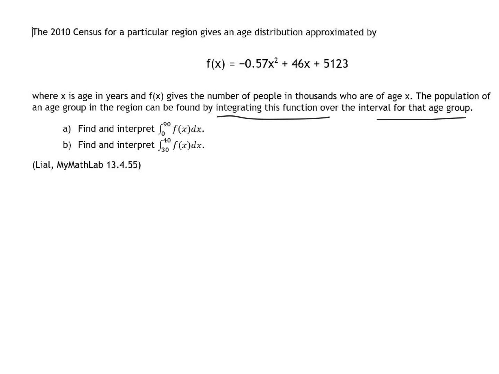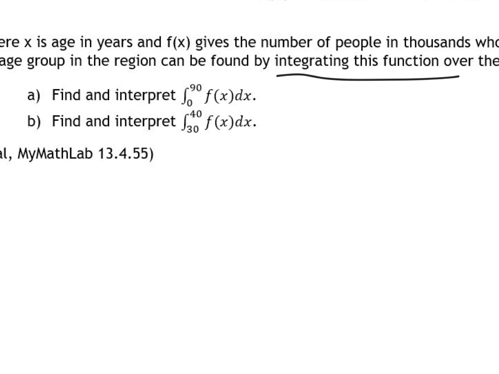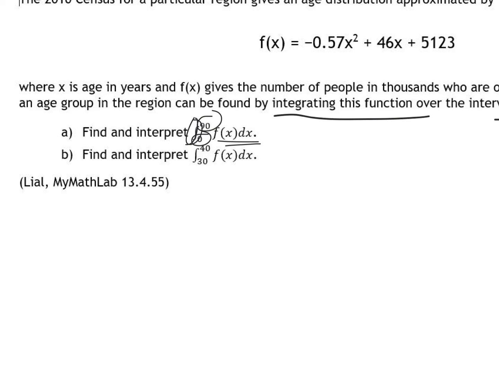Okay, so again, this first one, it says find and interpret. So you've got the long stretchy S, 90 at the top, 0 at the bottom, F at X dx. So that means integrate, right, the stretchy S, the derivative, and evaluate between 90 and 0. That's all that means. So we take that function,